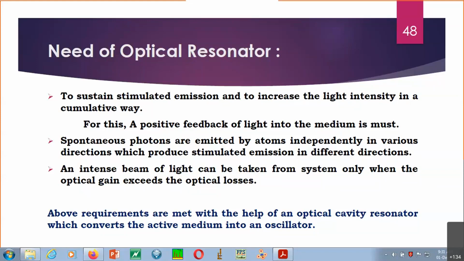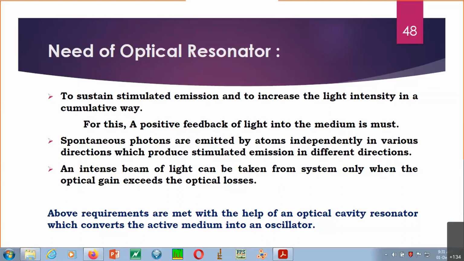So always, to increase the output, a positive feedback is required, and that's what we are considering in the case of optical resonator. Whatever gain, the intensity or the stimulated emissions we are getting from this optical resonator, some amount of this output we need to feed back to the system so that our cumulative output is going to be large, and it is going to be large in a very short period of time. So that is why positive feedback is important in this case, to fulfill the first criteria, or the first need, which we are going to use in the optical resonator.